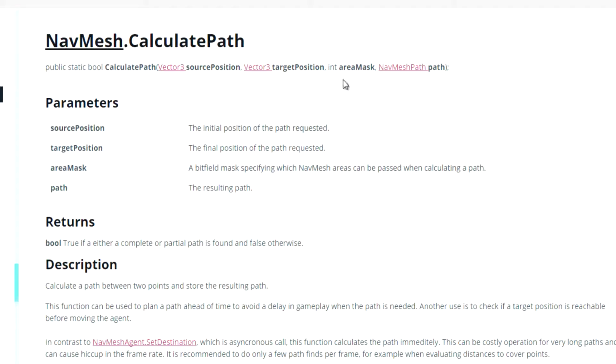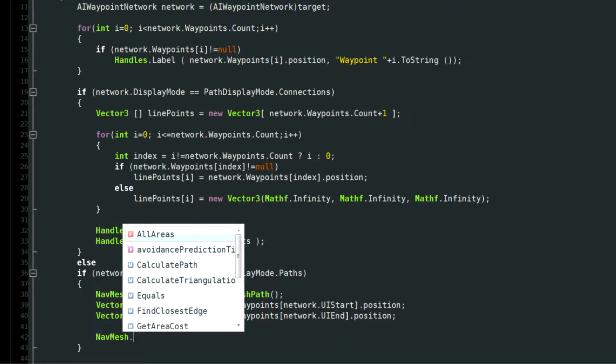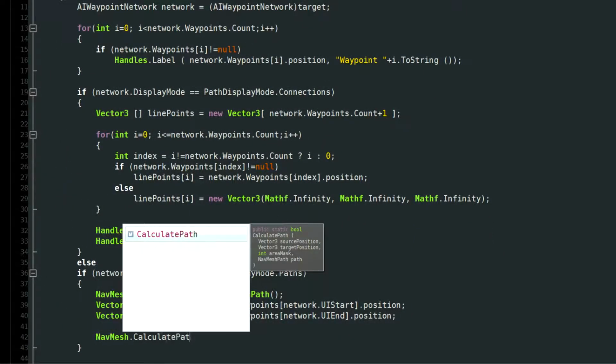So it works exactly the same way. Or layer masks. That's the other mask that we often use quite a lot in Unity. So we can go back to our script and we can say NavMesh.CalculatePath